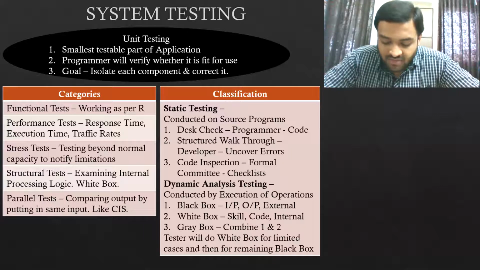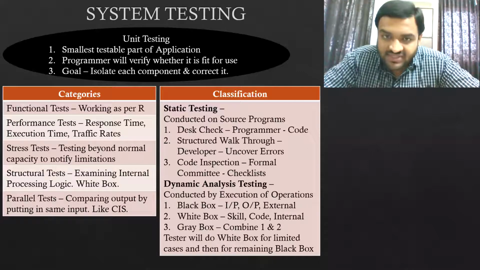Tell me, have you ever opened up a calculator and verified the processing? Can you do that? No, sir. So we can only do black box testing. So it depends whether the customer has those facilities or not, or whether the auditor has the skills or not.